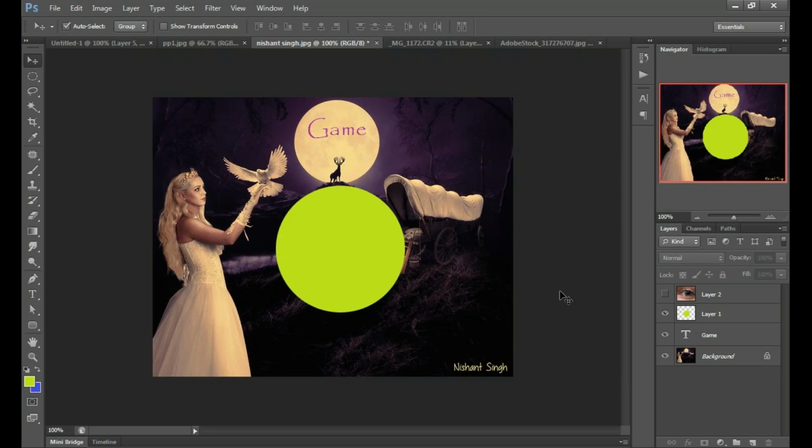Actually, it's a large process and different for other images. I'm going to take a new image from the internet. Just give me a few minutes. I'm taking an image.